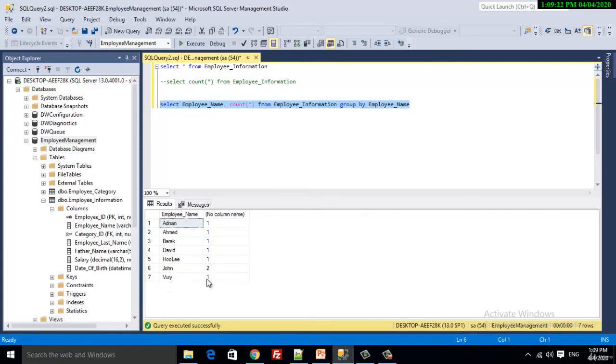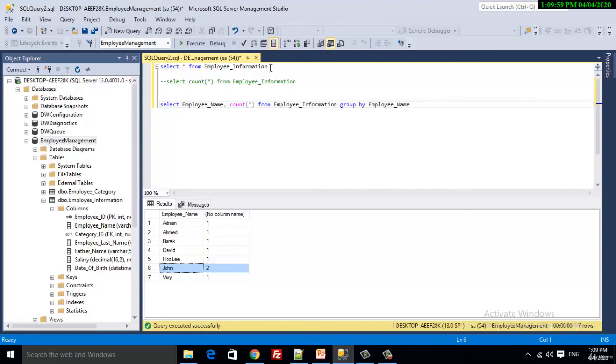Worry, count is 1. You can see that upon execution of this query, Microsoft SQL Server calculated the existence of each unique name. We had 2 records where John was available in the name column.